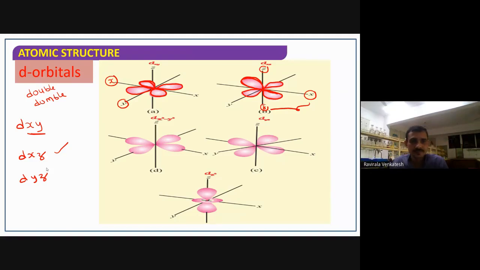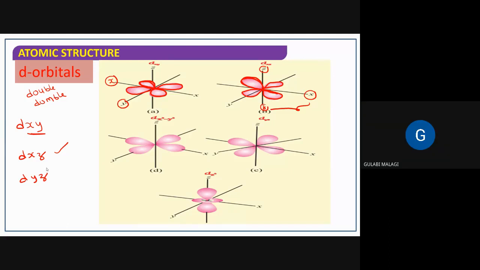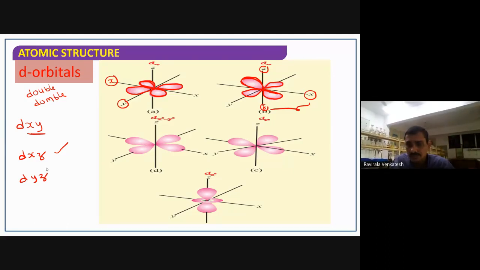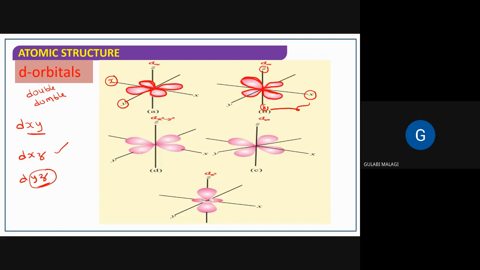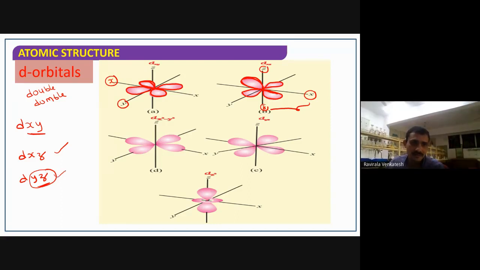Deepta, Gulabi, who is speaking? Sir, Gulabi. Beta, how do you draw the yz orbital? First of all, where do we draw the first dumbbell? Between which axes? Sir, x and y. Arre beta, you are drawing the yz orbital. Listen to me. You have to draw the first dumbbell between y and z only, no?